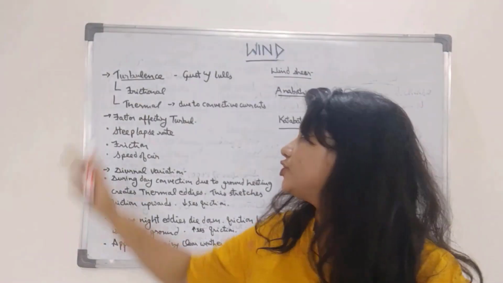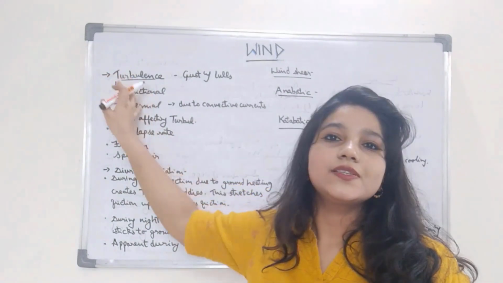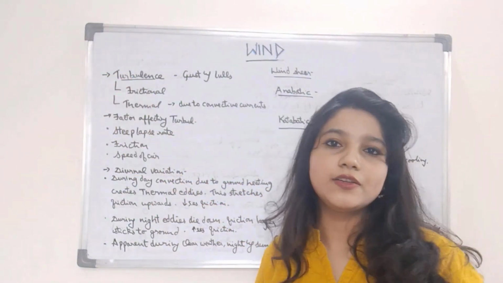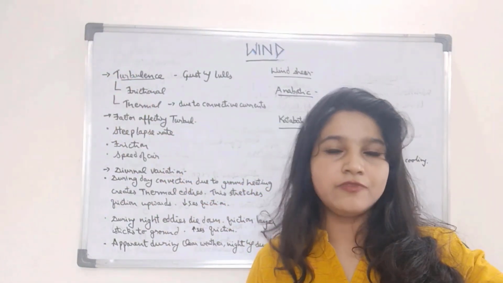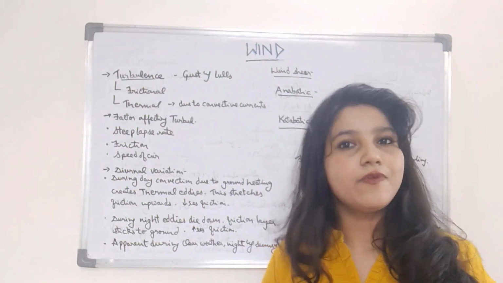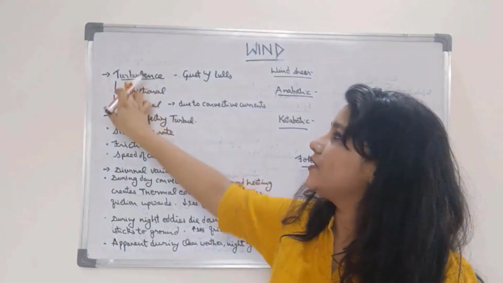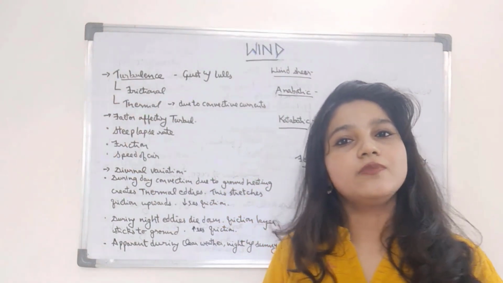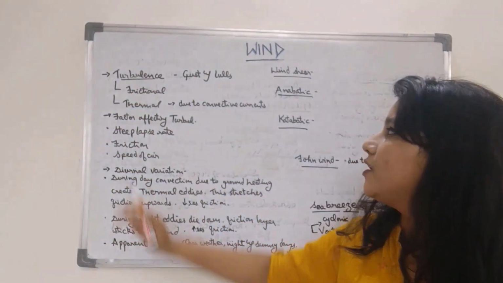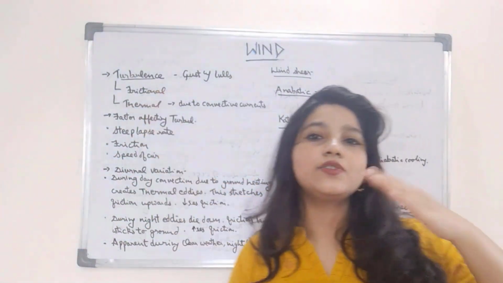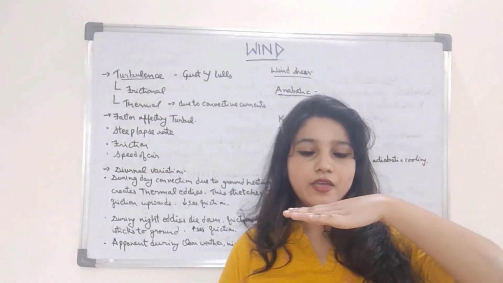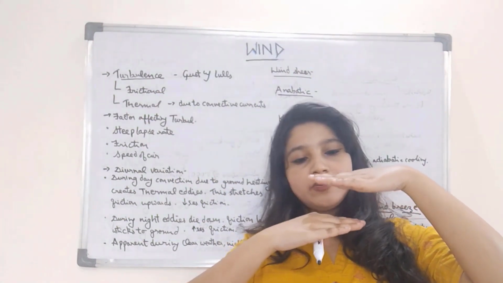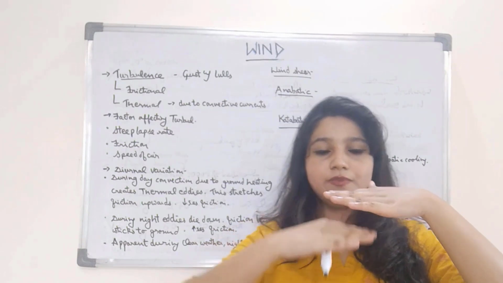Now we will learn about turbulence. Turbulence is nothing but a combination of gusts and winds. Positive and negative fluctuations, when they combine, form turbulence. There are two types: frictional turbulence and thermal turbulence. Frictional turbulence, you know when an aircraft is flying, the air is below and between the aircraft and the air we have friction.